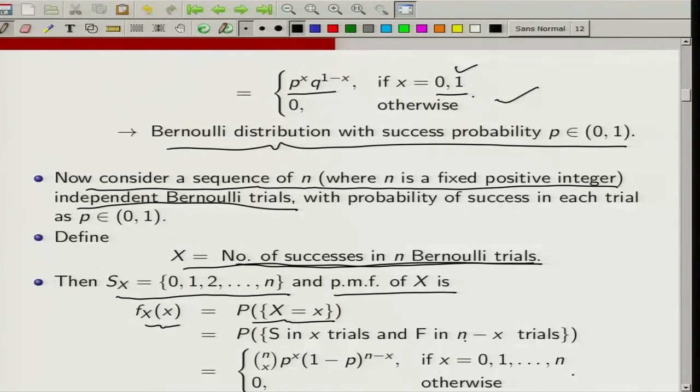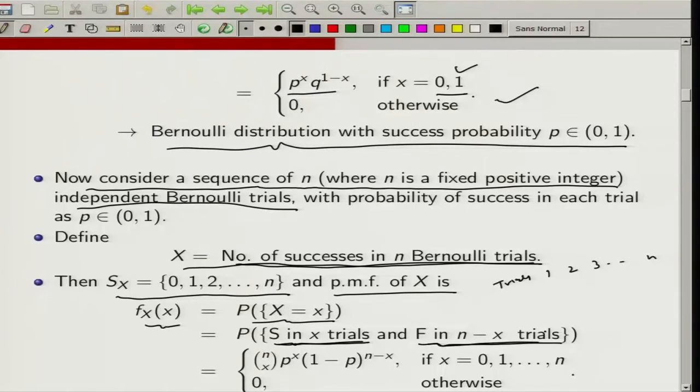So that means I obtain x successes. That means I obtain S in x trials and F in n minus x trials. My trials are 1, 2, 3, up to n. And what I want is, out of these n trials, I get S in x trials. Now, these x successes can occur in any of x positions out of these n trials. So,